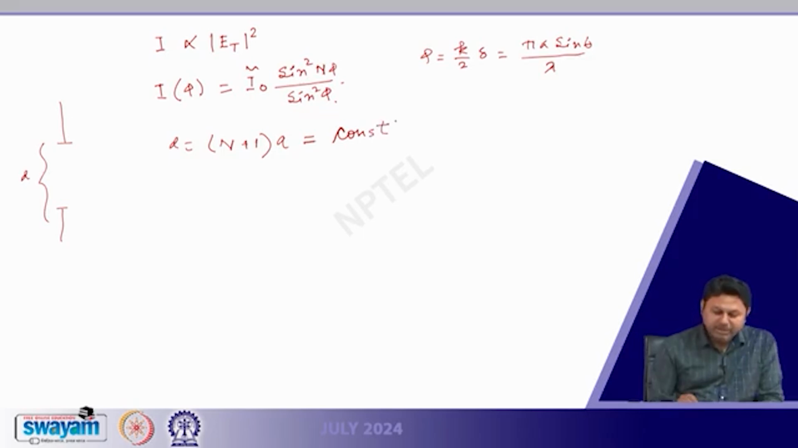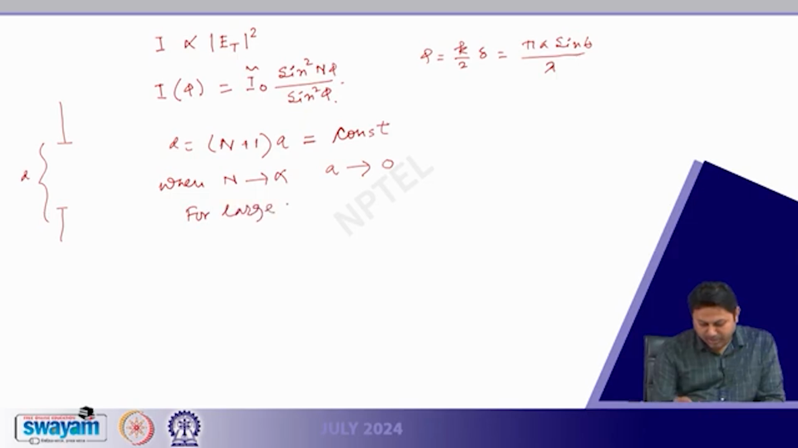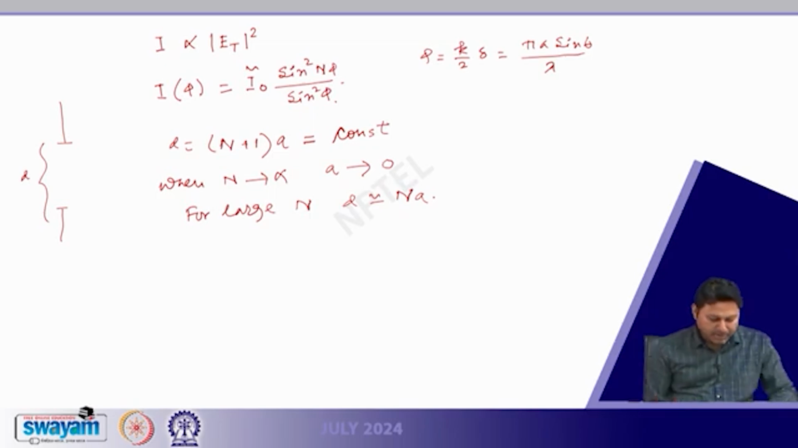That is, n, the number, will increase if a is decreased, but their multiplication will remain conserved. So, when n tends to infinity, then A tends to 0, that is the condition. So, for very large n, D is nearly equal to n A, and essentially my I is